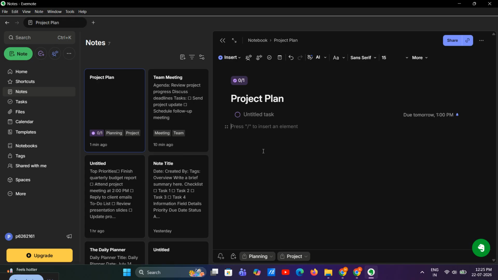And that's how to use Evernote for project management. You've learned how to create a project notebook, build notes, add tasks, organize with tags, and store project files in one place. Once you start using this structure, you'll probably notice how much easier it is to keep projects moving